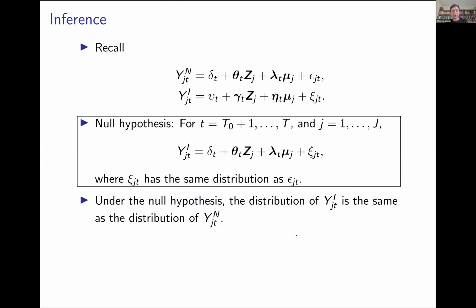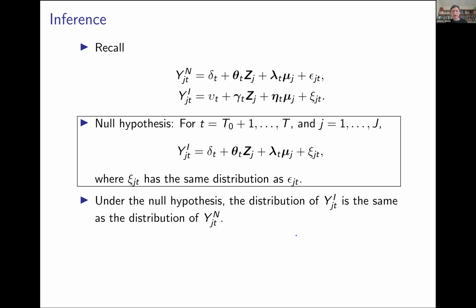Okay, so this is what we know in terms of the properties of these estimators. If we have series that are smooth, in the sense that the variance of the epsilon and xi shocks is relatively small, and we get this by aggregation because we are thinking about aggregate units, and we are able to fit this predictor for a large number of pre-intervention periods, we know that we are going to have a small bias. Okay, how can we do inference in this setting?